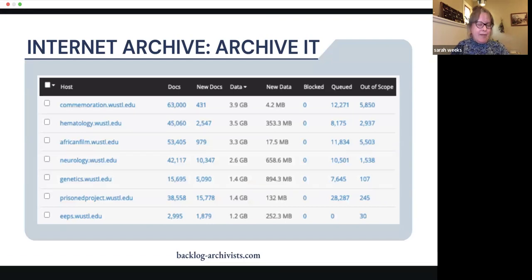So this is kind of a peek behind the curtain, from my work at Washington University using Archivist. Here's some of the URLs that I was just capturing. And you can see that there's several columns: documents, new documents, data, new data, blocked websites, queued web pages, out of scope web pages. So I have to balance all of these against each other. So this is why